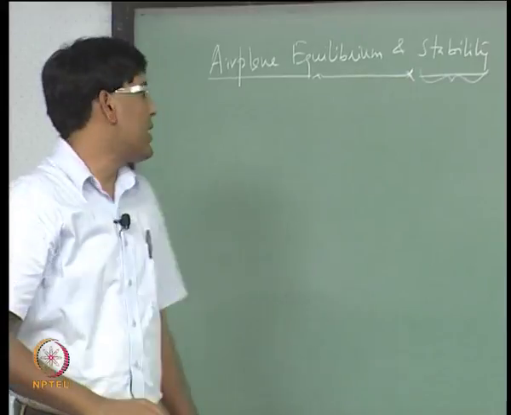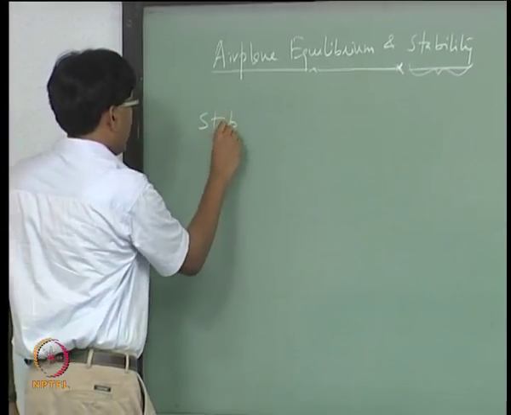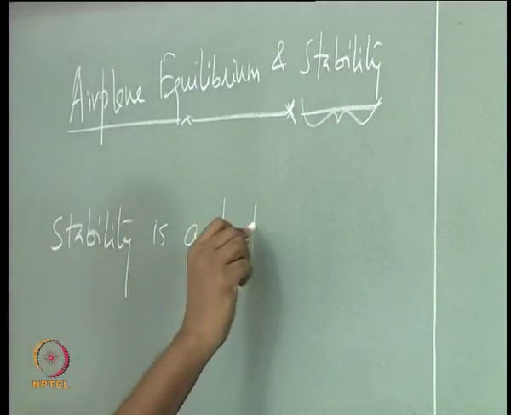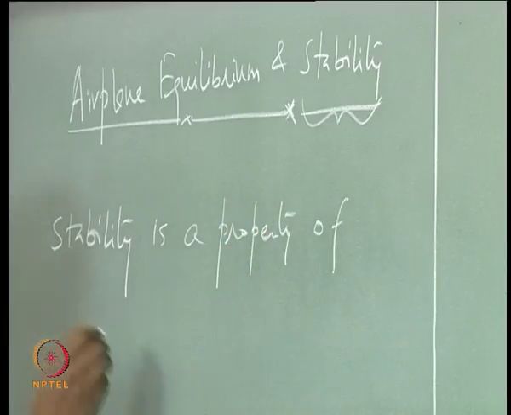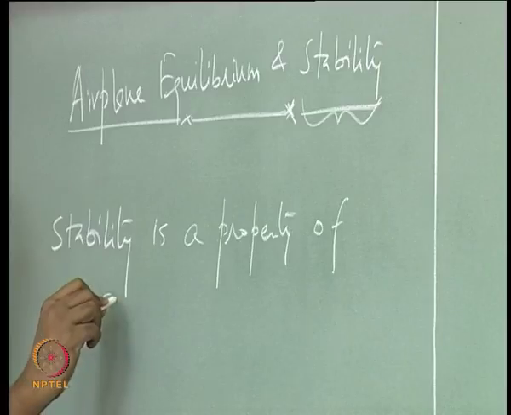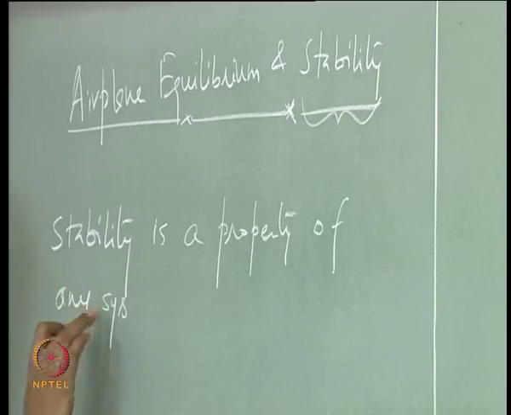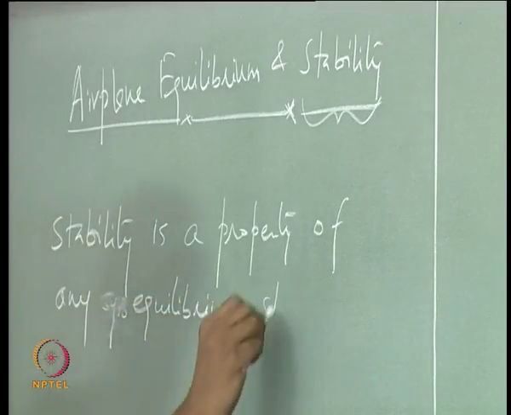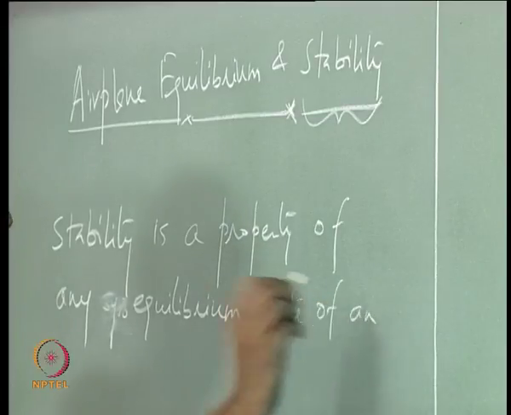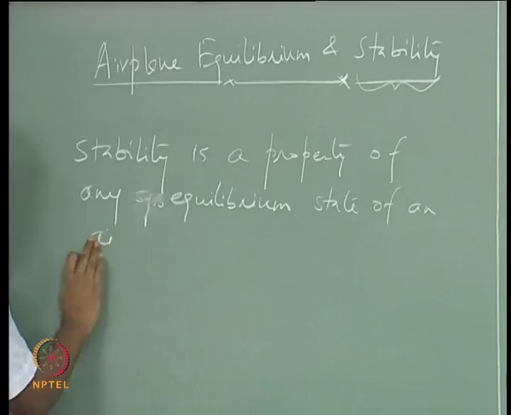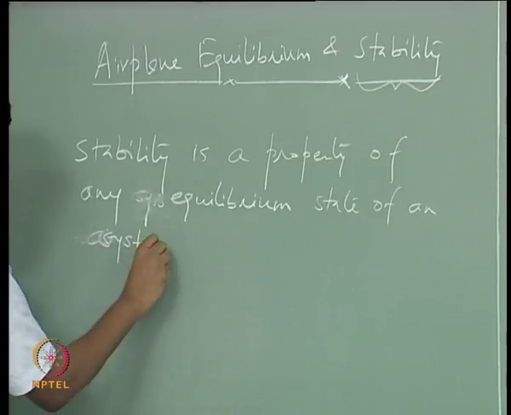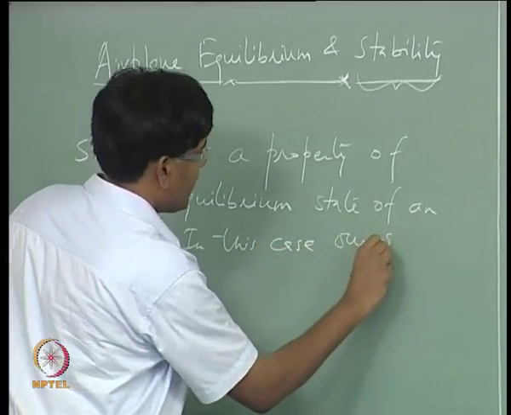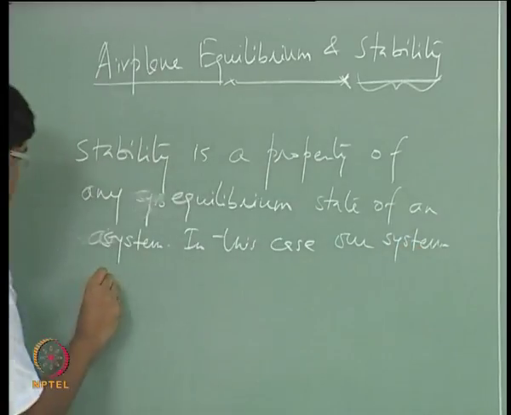stability. Stability is a property of any equilibrium state of a system. In this case, our system is